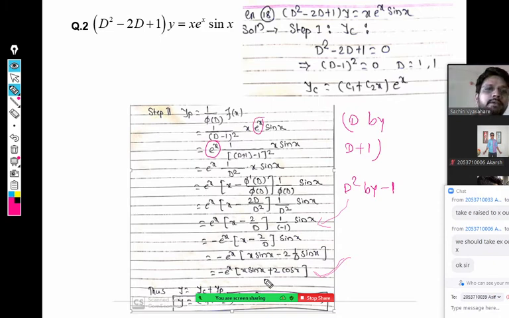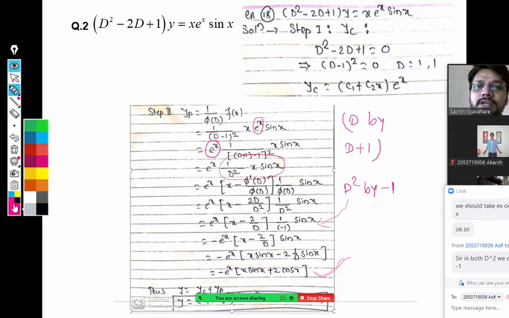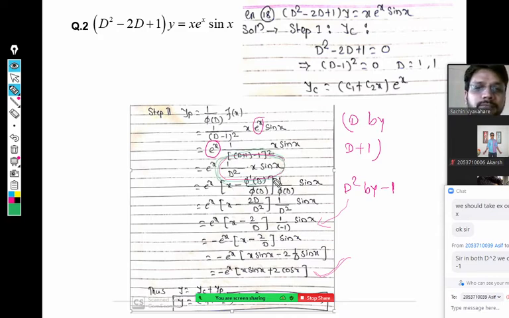That is about YP. If any doubt is here, you can ask. If you have doubt, multiple ways are there. If someone is not interested to use this formula, that's okay. What he can do, he can integrate 2 times. It's 2 times integration of x sin x that we have to do, by product rule, not product, by parts. Sorry.